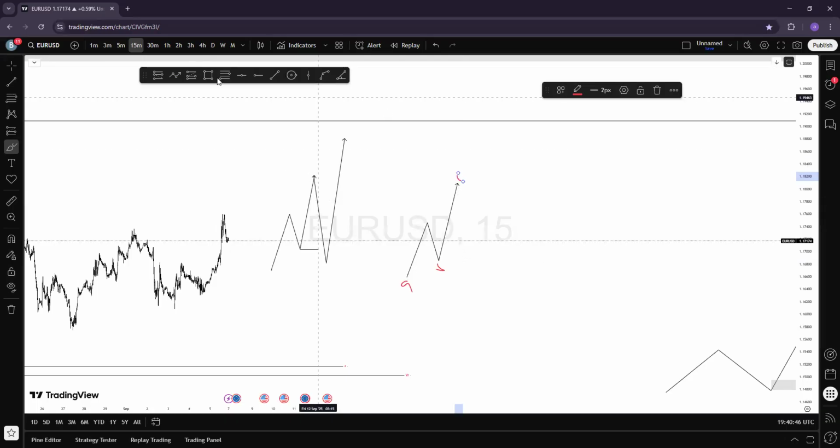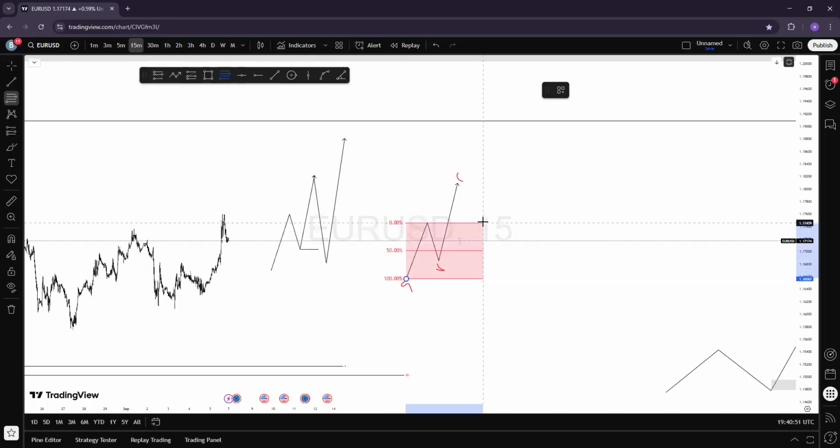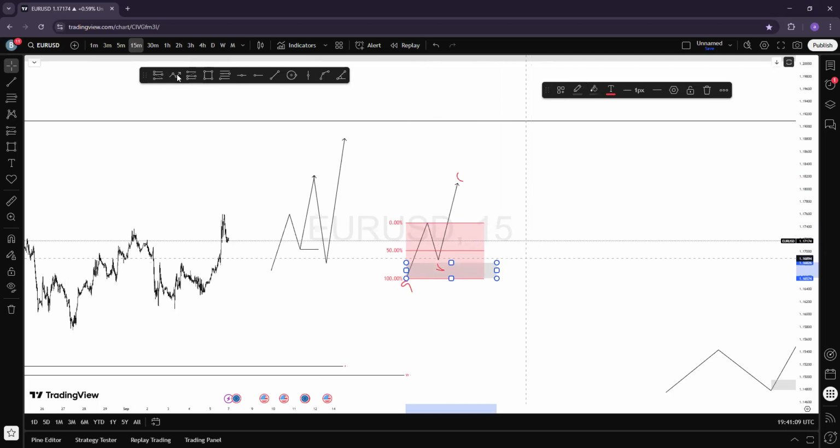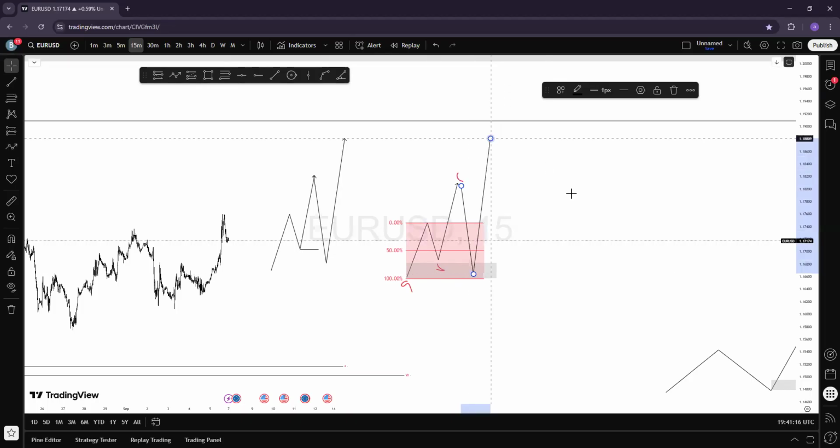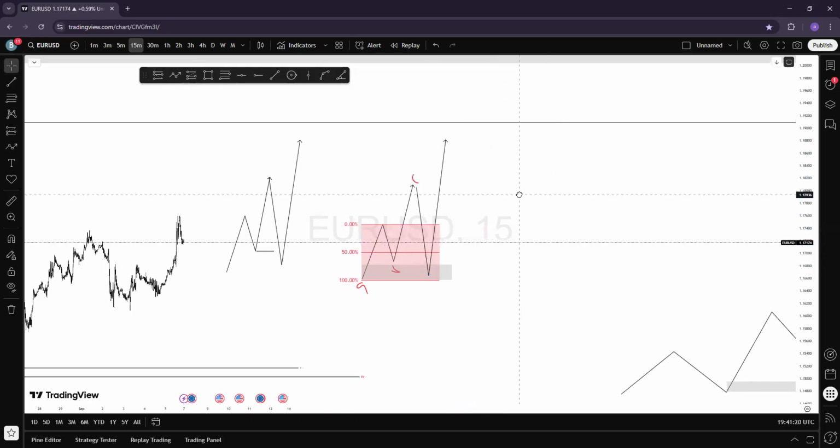If I measure from this point to this point, the pullback must be up to 50%. And we can see this pullback now is up to 50%. So there will be a momentum. A momentum is what we call FVG, or fair value gap, or imbalance. There will be an imbalance there. So we should be expecting the market to come and take this liquidity, this money here, and fill the imbalance, then go up. That is the first part of the comparison of a pullback.